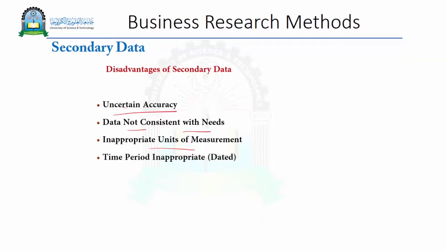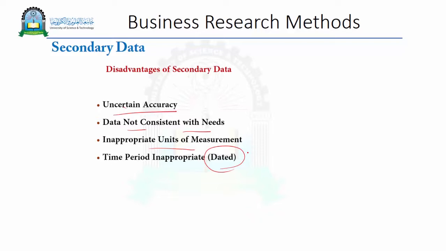The fourth point of the disadvantages of secondary data is that the time period is inappropriate. It might be dated. Talking, for example, about the economic census in the USA, there is an economic census published every 5 years. If, for example, the latest version of this census was published 3 years ago, it is still effective, it is still the latest one, but for me as a researcher it is dated, because